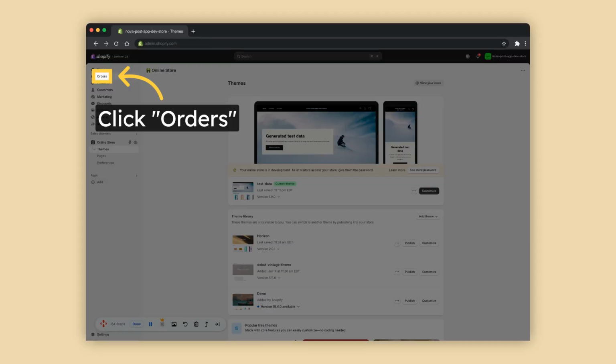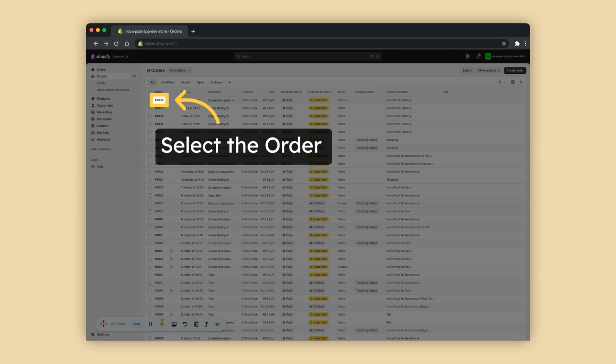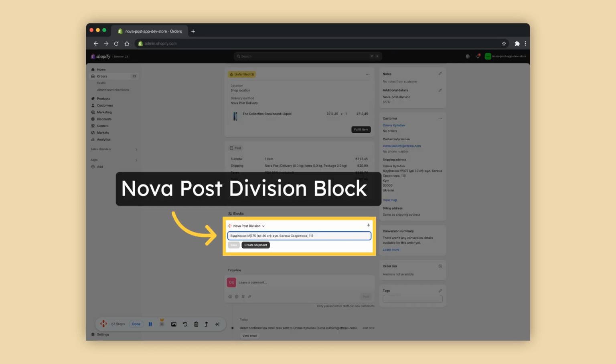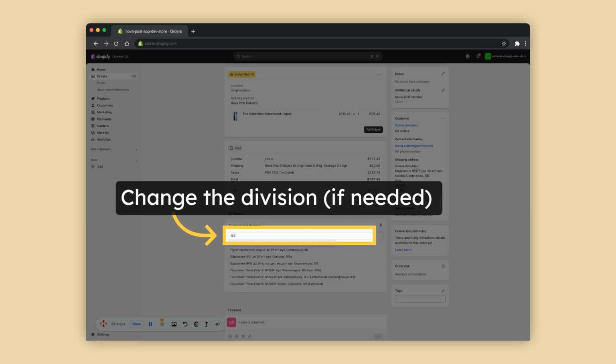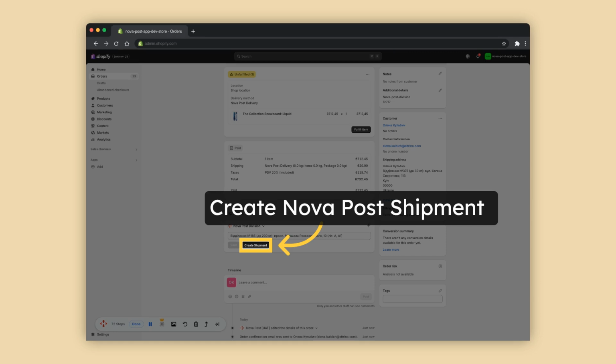Now let's check this order. At the order page, you can see Nova Post division block with selected Nova Post branch. You can change the division, create Nova Post shipment,